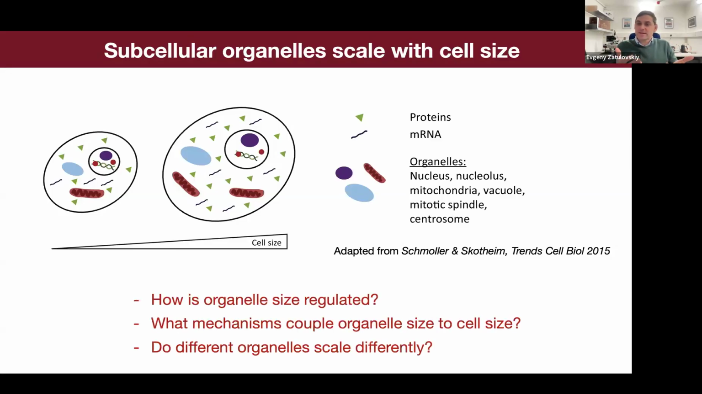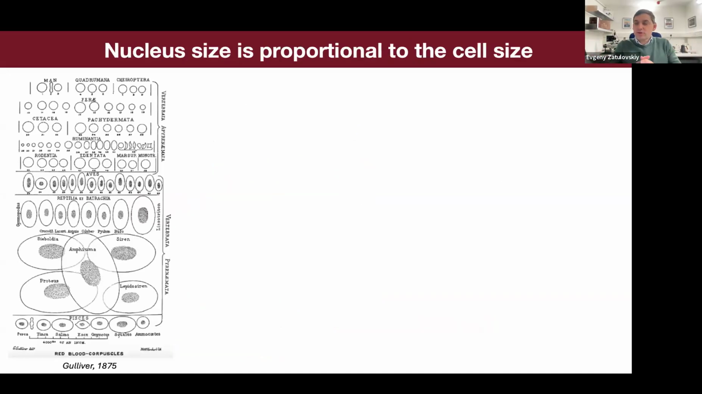For example, how organelle size is regulated is not totally clear. What mechanisms couple organelle size to cell size and organelle growth to cell growth, and whether different organelles in the cell scale differently. For example, we've observed superscaling in lysosomal components with cell size. Does that mean the amount or size of lysosomes will superscale while other components in the cell scale or subscale? There are a lot of questions here, and a good place to start is with nuclear scaling, because it's